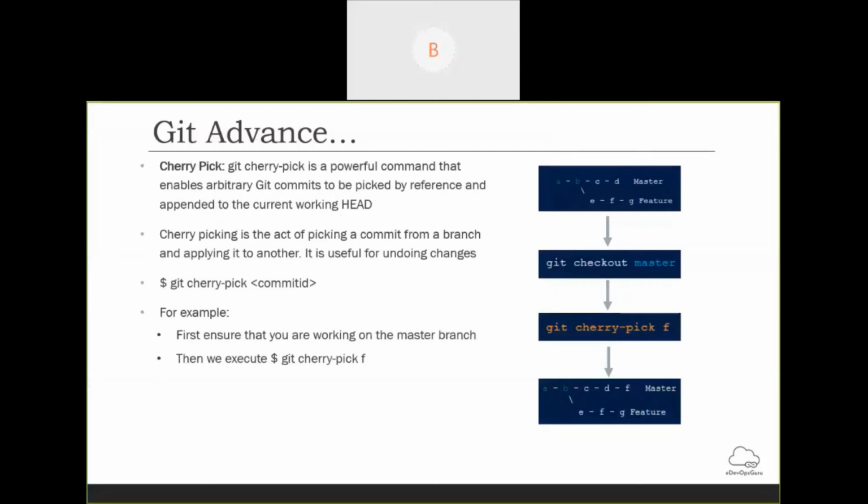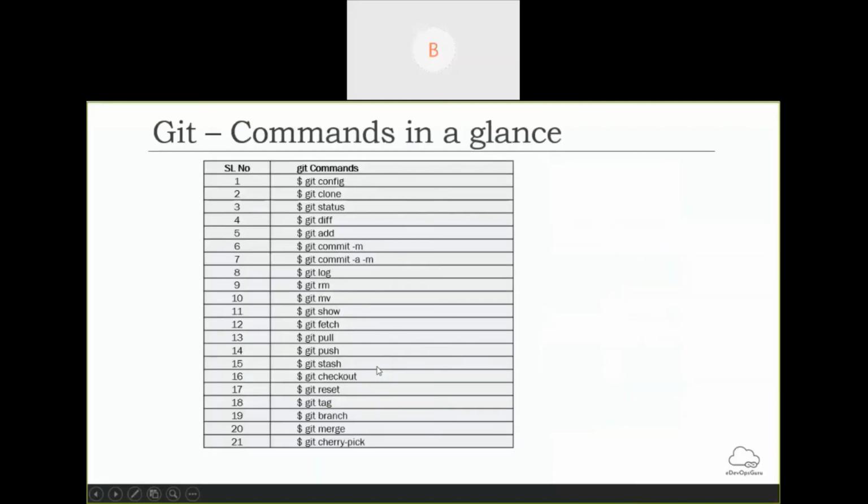So your master branch is having A, B, C, D commits, and a feature branch is having 3 commits E, F, G. So now we have decided that we'll do the final release at the end of this sprint. I'm going to do some release, but I want only the commit F to be in the master. So this is the command I can use, git cherry-pick F, where F is the commit ID, and now the master is A, B, C, D, F. I am dropping E and G. Okay, so this is the basic command: git cherry-pick and then your commit ID.